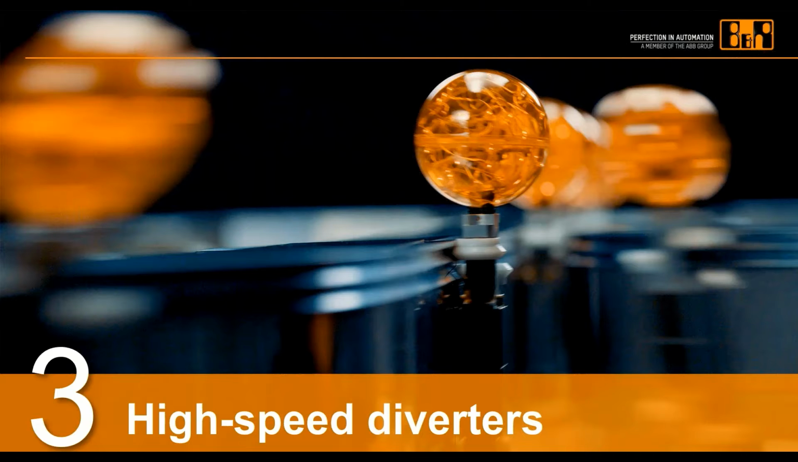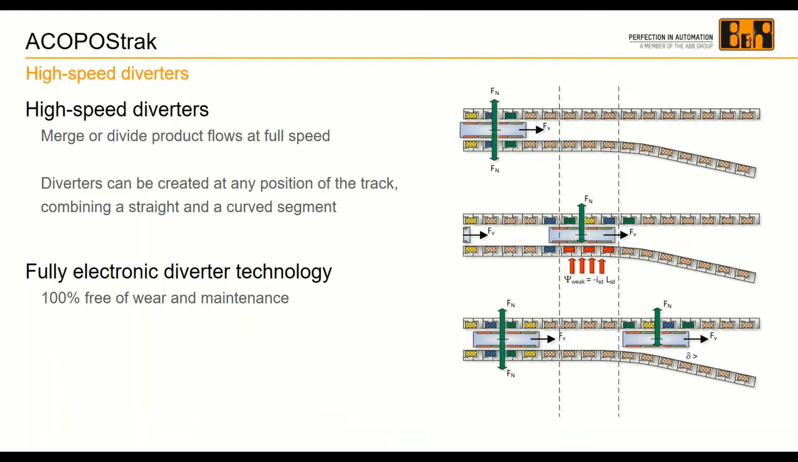ACOPOStrak is the only track system in the world that has high-speed diverters. And we can look at what that looks like here. So the coils, as the shuttle is going in between two segments of track, the coils can field weaken on one side and strengthen the field on the other side to cause the shuttle to move from one track to the other. So with that, we can change the direction and change the track that the shuttle is on at full speed without having to slow down,